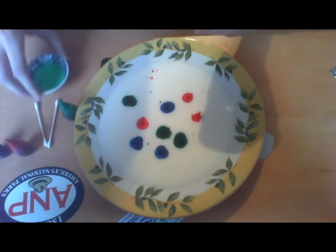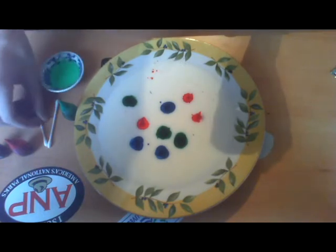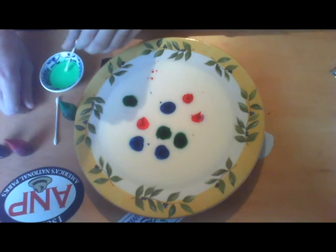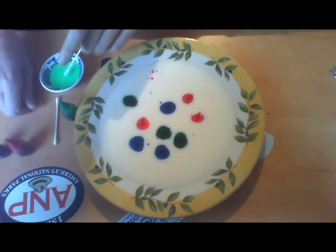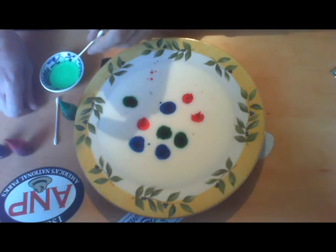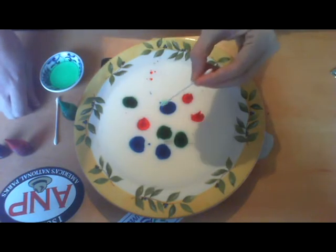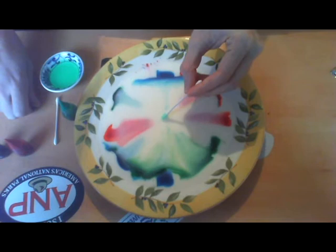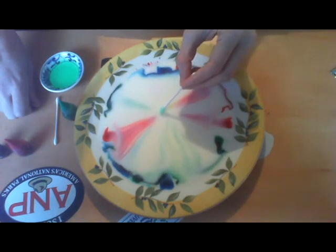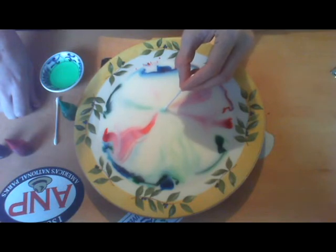I don't want to just pour the soap in, so I brought some Q-tips to help me. I take the Q-tip, I dip it in some soap, get it nice and covered in soap, and now let's see what happens when we add it to the milk. Wow, look at that. You can actually see the soap grabbing onto the fats in the water molecules and dragging